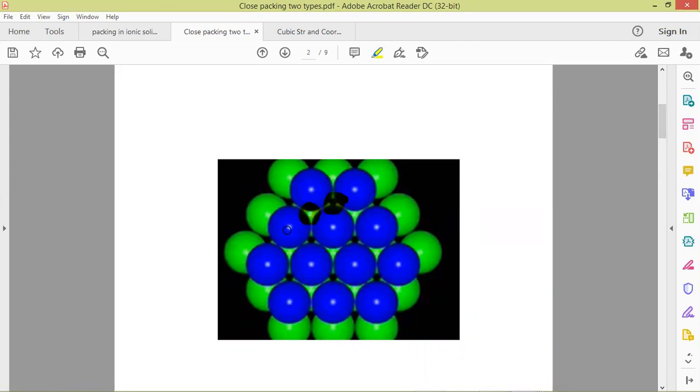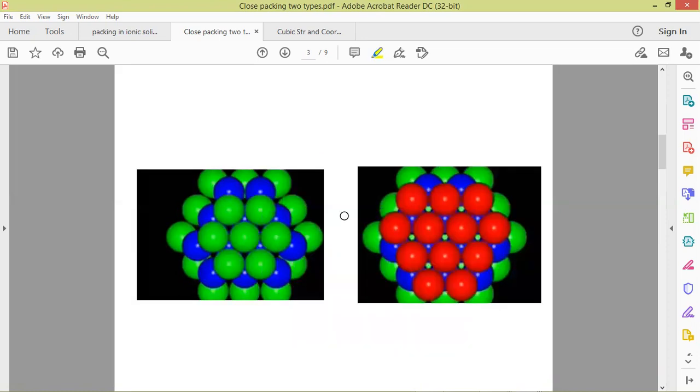These two options are there. If we choose this, then we are putting the third layer exactly above the first layer, that is, layer A will repeat itself. But if we put the third layer on these types of voids, then we'll get another layer, the C layer, which is different from the first two layers. So here we have shown both systems. Here we have put the third layer exactly above the first layer, and here we have put the third layer at a different place, on the second type of voids created after putting the B layer. So this is the ABC stacking pattern, and this is the AB stacking pattern.